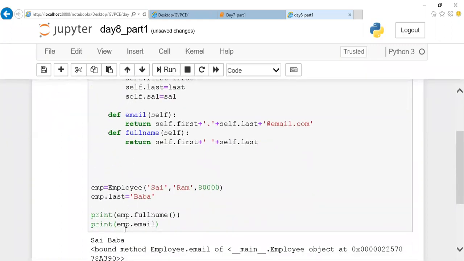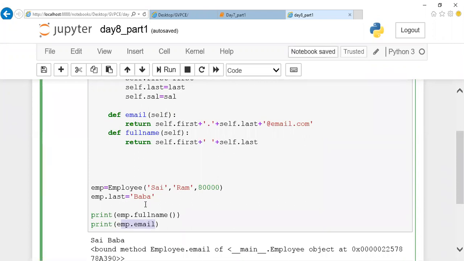So what happened after this update? I'm calling these two functions. When the function is called, it will search for the last name and the first name, so the updated values will be taken. Now, if I call this email as a variable, it is not accepted, because it is a function. So if you want to access a function name, this particular email, as a variable itself, you're supposed to add one decorator called the property decorator.